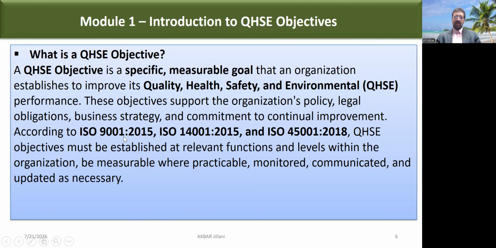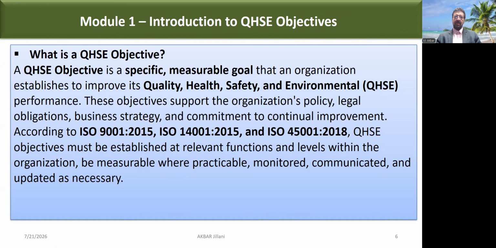According to ISO 9001:2015, ISO 14001:2015, and now currently we also have the 2026 standard, and ISO 45001:2018, QHSE objectives must be established at relevant functions and levels within the organization, be measurable where practicable, monitored, communicated,